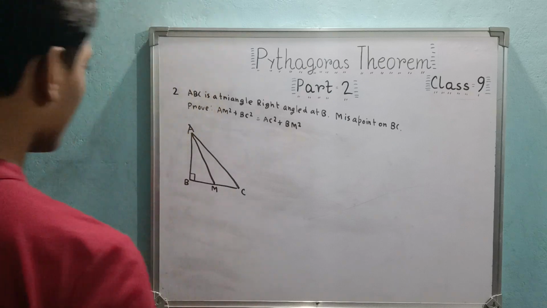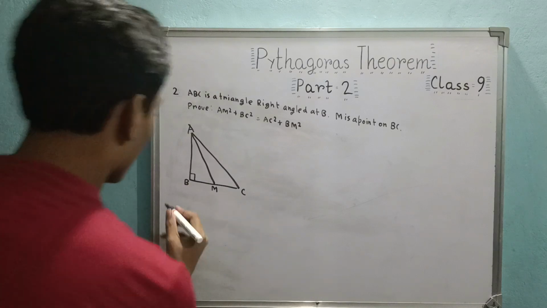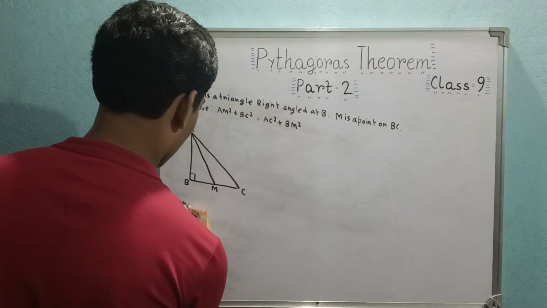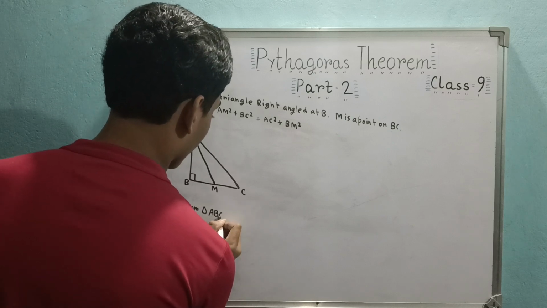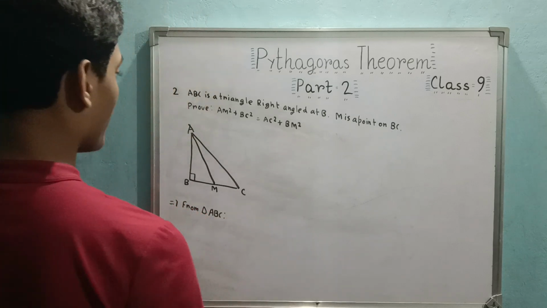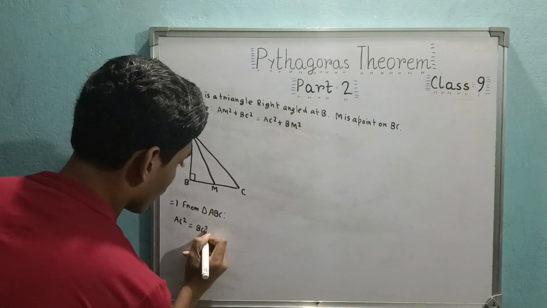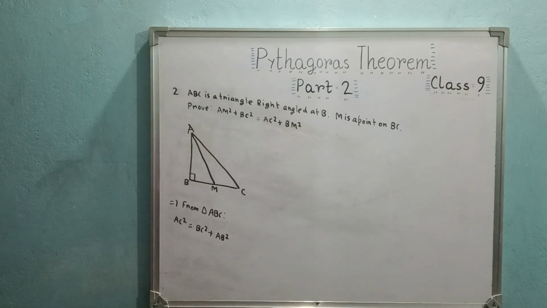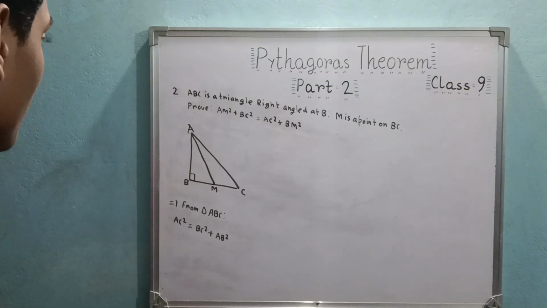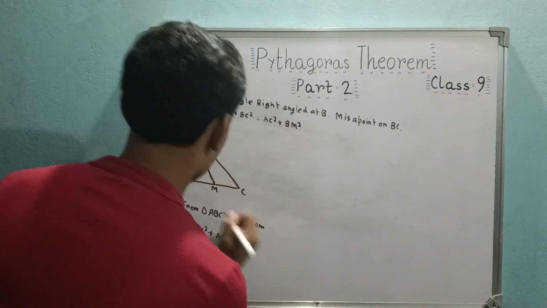Don't you get two right angle triangles, AMB and ABC, right? Yes. Let's do this. From triangle ABC, hypotenuse square or AC square equal to base square or BC square plus height square or AB square. And then here I have, from triangle ABM,